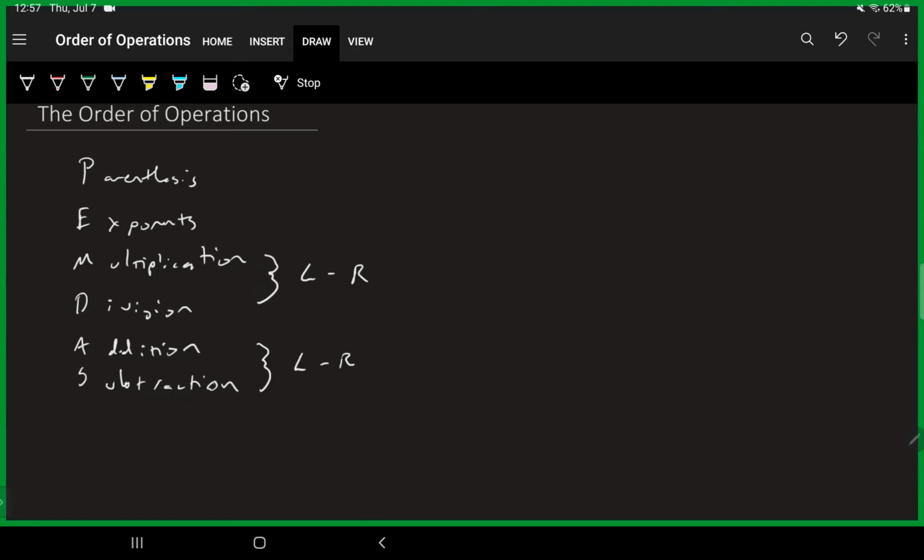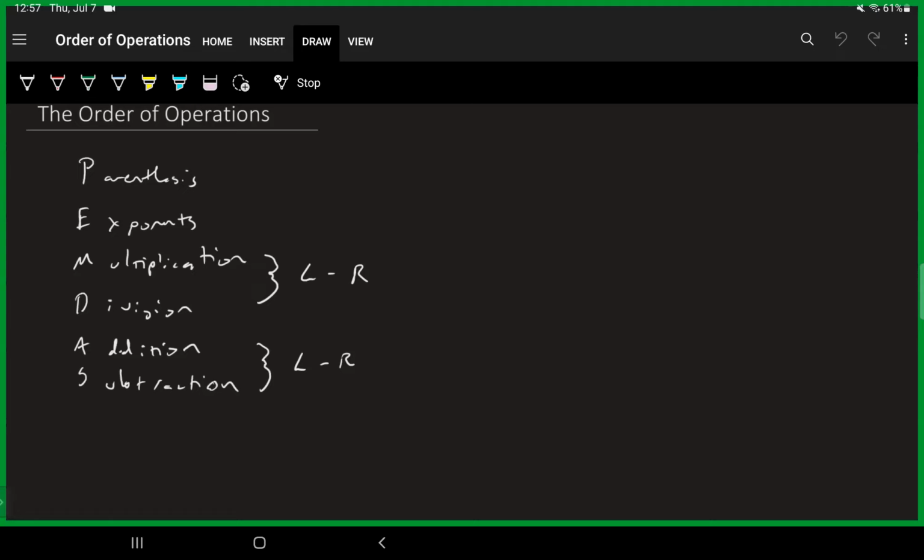They go left to right because, at least in most Western languages, we read from left to right, and that's the way mathematics has been presented. And so multiplication and division are kind of on the same level. They can undo one another. They're inverses of one another. They're opposites. So if multiplication can undo division and division can undo multiplication, they're about the same power. Well, they are the same power. So one shouldn't take precedence over the other all the time. So what we do is it's first come, first serve. It's the same thing with addition and subtraction.